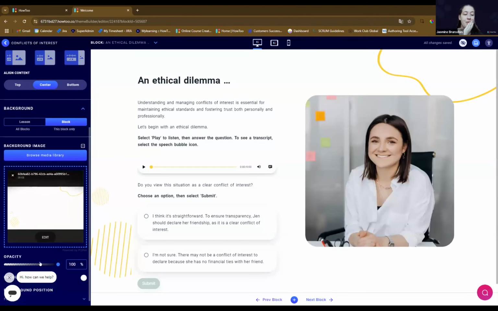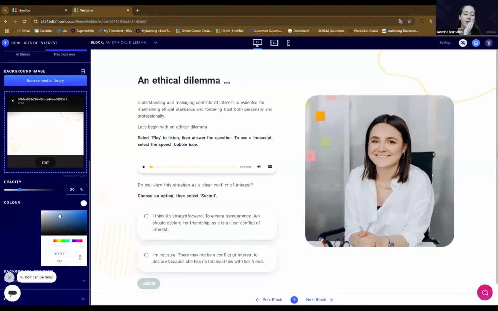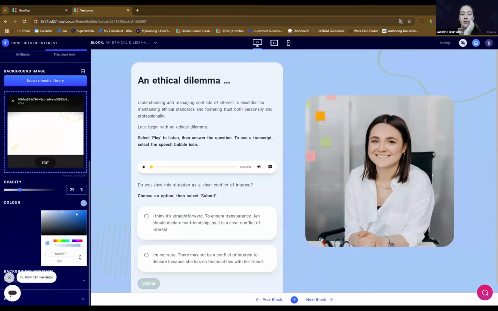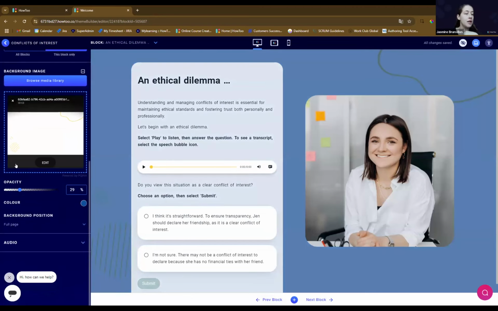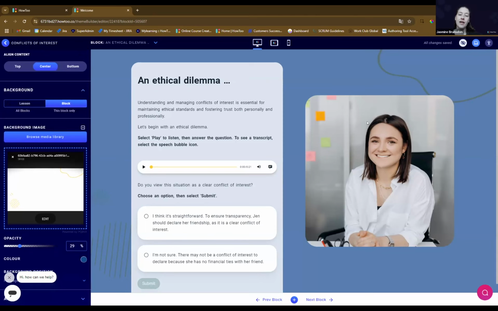So same with this, set it back down, and I'm going to add a bit of fun and flavor to it, and add some dark blue. This isn't actually a transparent one, but that's what we usually do. This one's got actually a white background. But yeah, the other thing is,